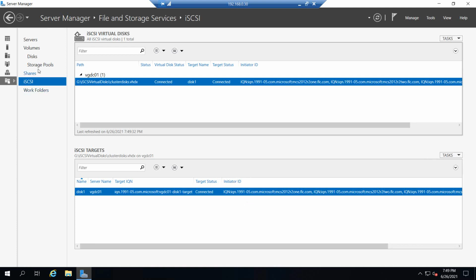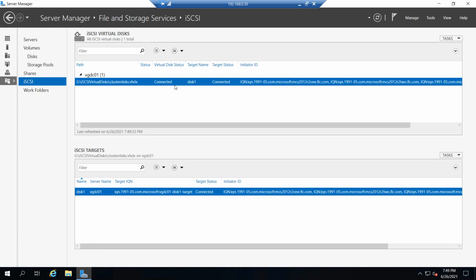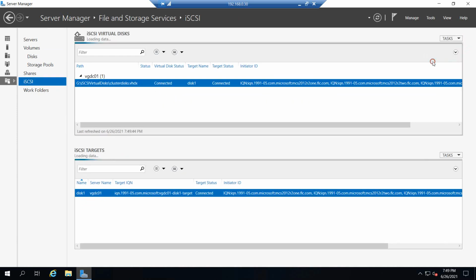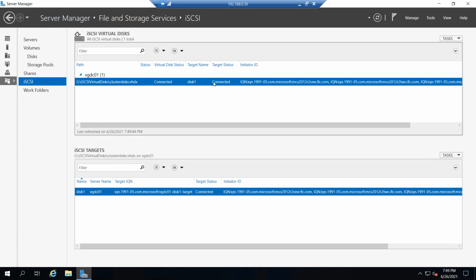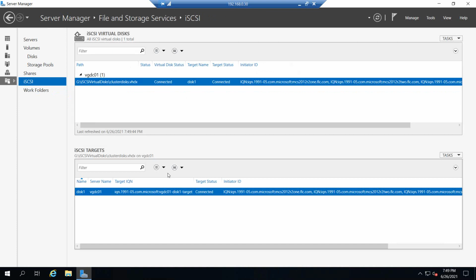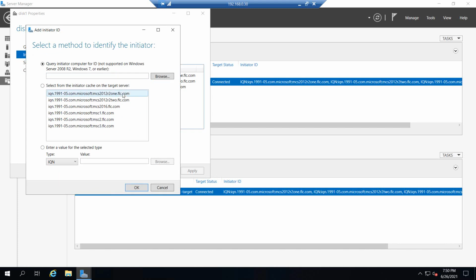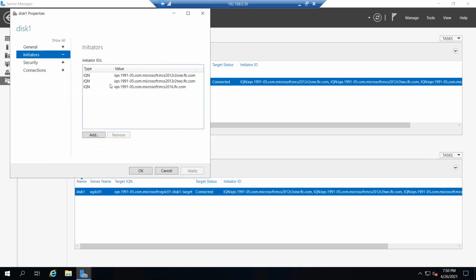So now the disk is added. Go to properties and you need to add the initiators here.